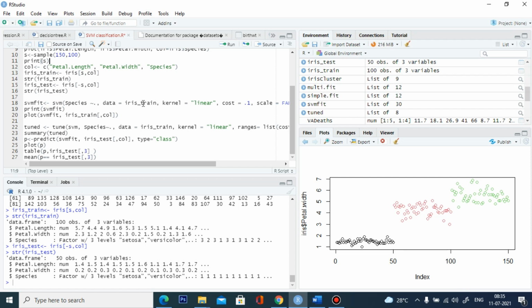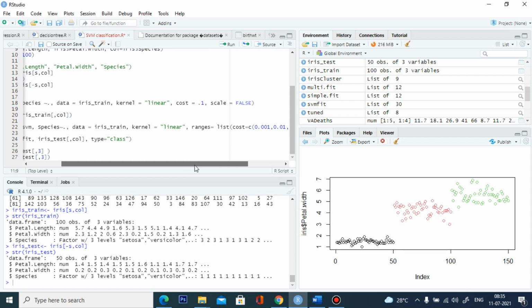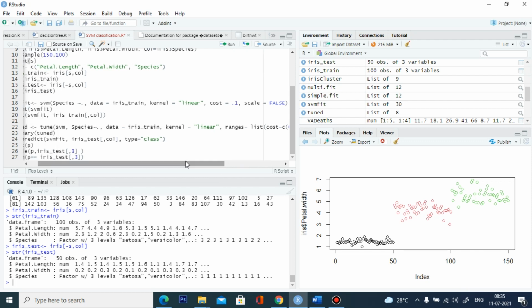The kernel represents a linear classification. The cost is 0.1. The scale is false. The cost is something I will explain later. We are going to identify the best cost fit for our data analytics. I will explain that later.